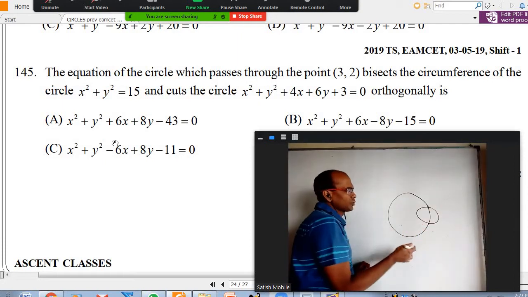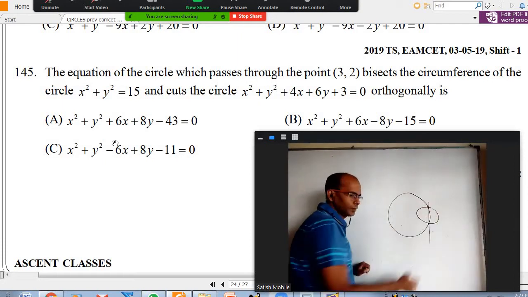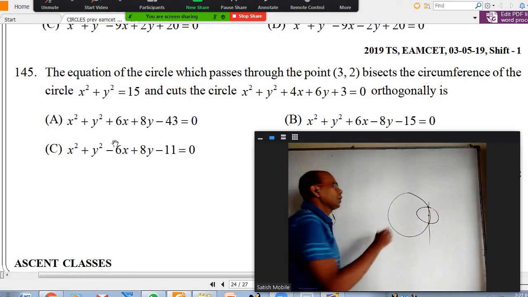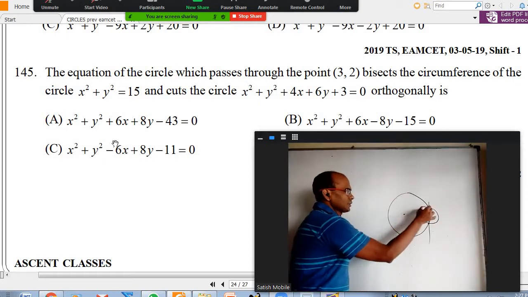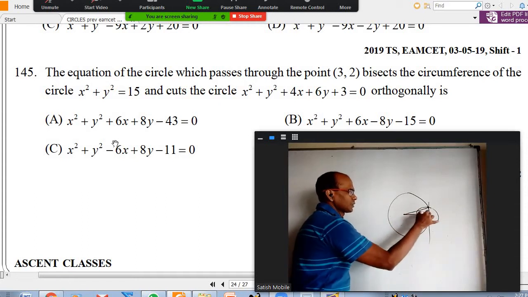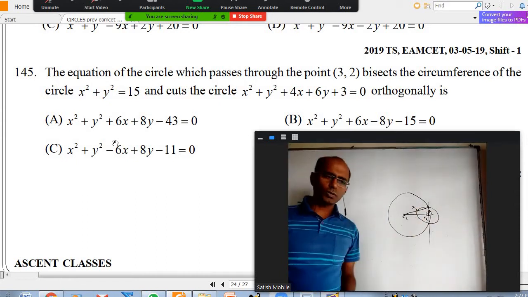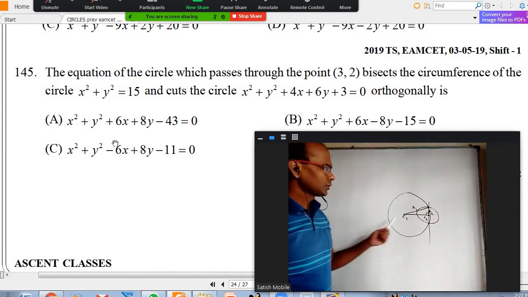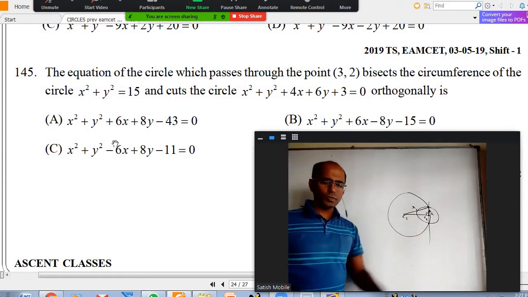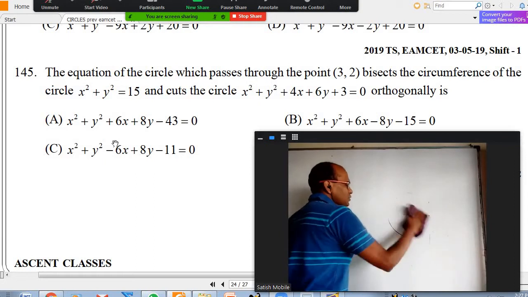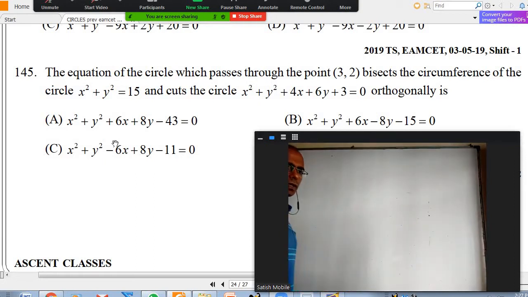For that to happen, how to check? Subtract these to get this line, and that should become the diameter of the smaller circle. Or you take this center and this, they should form a Pythagoras triangle here. C1, C2, R1, R2. If we take C1C2 squared is R1 squared minus R2 squared, also they are bisected. Generally, we subtract, and that should be the diameter of the smaller circle. That's how we check. So in 145, you can take the general circle with g, f, c, and check for all the three conditions.